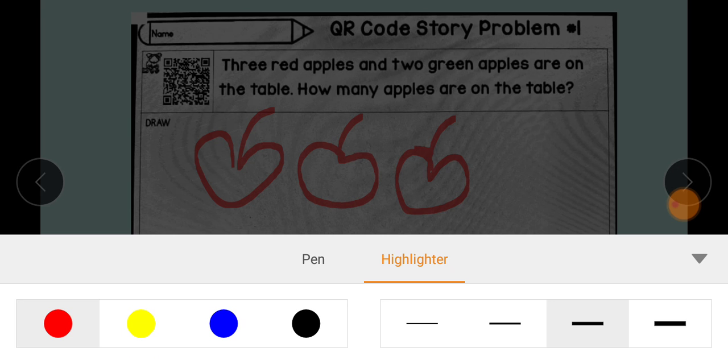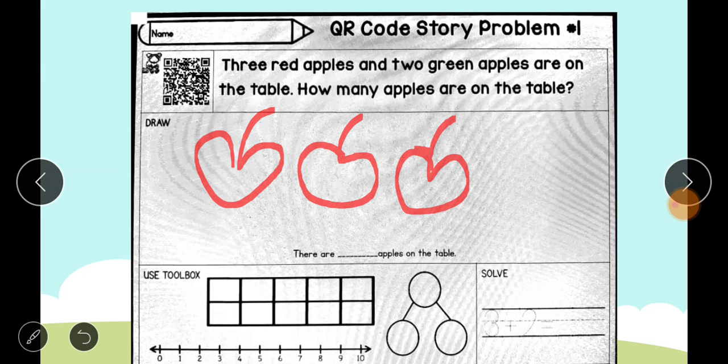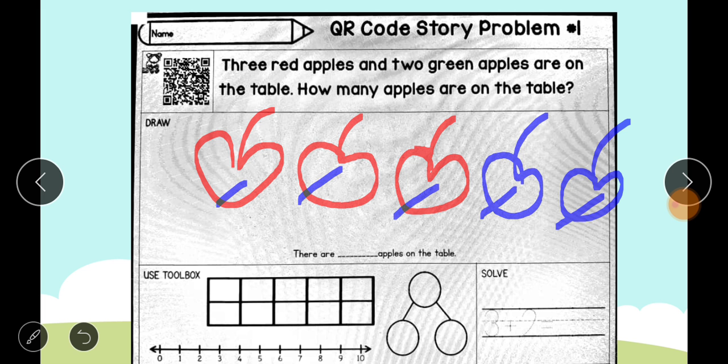Okay, so no green color, I just use blue. And 2 green apples. How many apples are on the table? Let's count. 1, 2, 3, 4, 5. So there are 5 apples on the table. This is the first way to add, I taught you, right? Drawing pictures. Now, using the number box, using the time frame rather,